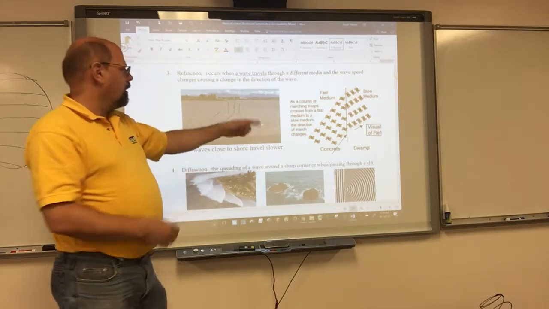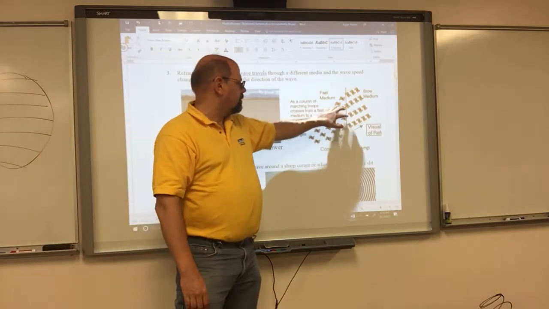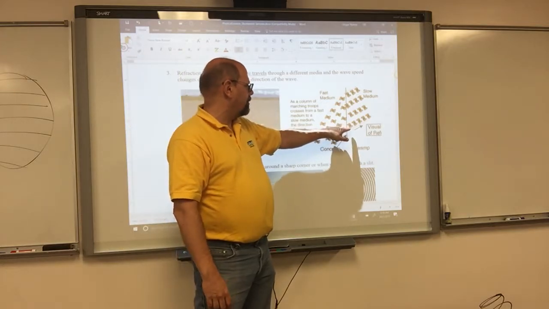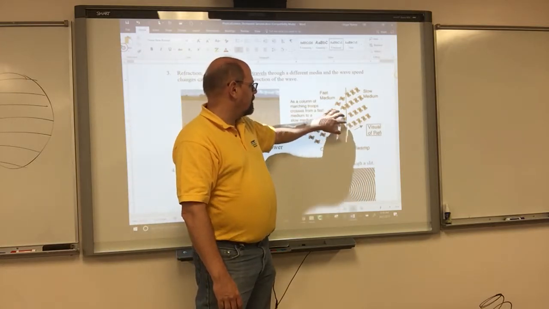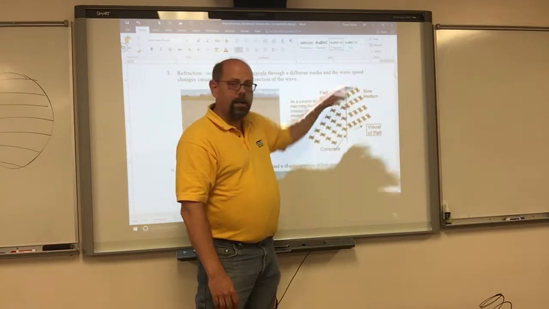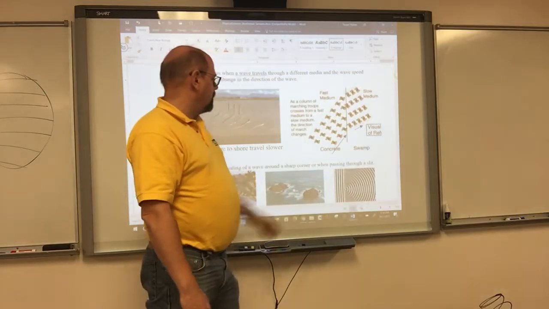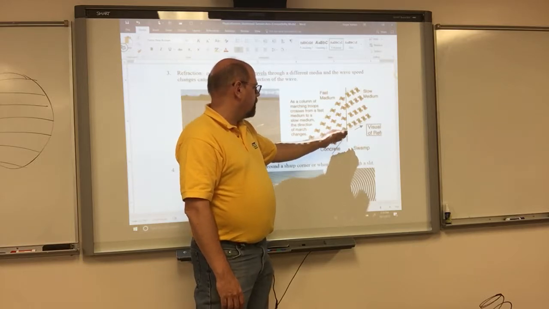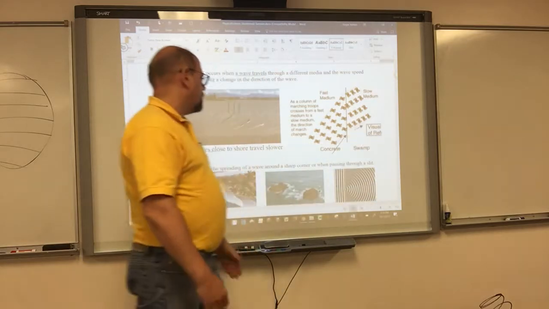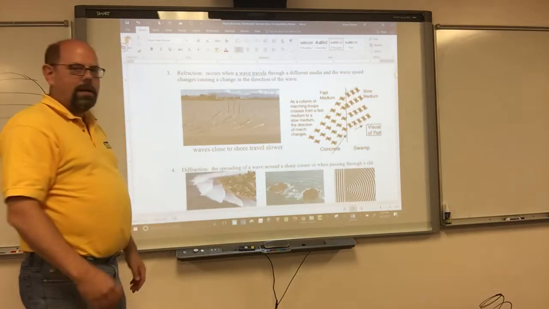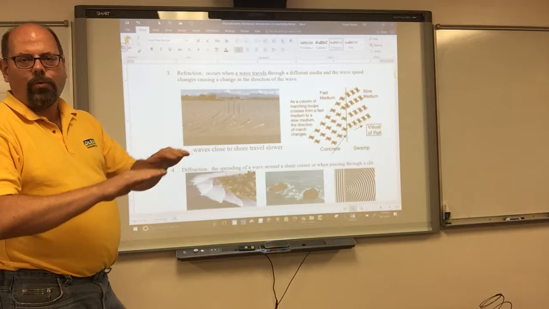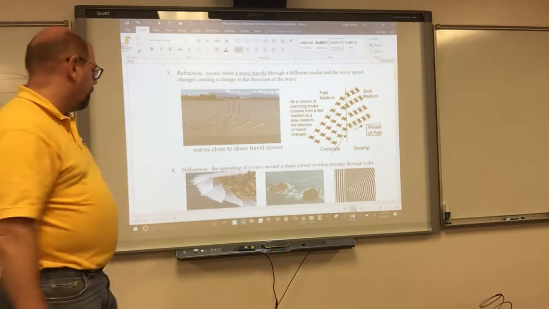Another way to think of this is a group of soldiers marching, or people in a band that are marching, and as soon as they get into something slower, this end starts slowing down, and it ends up turning those marching lines. You can see the direction that this column of marching people is going is this way, but once they get into something slower and deeper, that'll cause them to turn. It happens with a car too. If you're driving a little toy car and it hits something like grass, it'll turn and go in that direction.